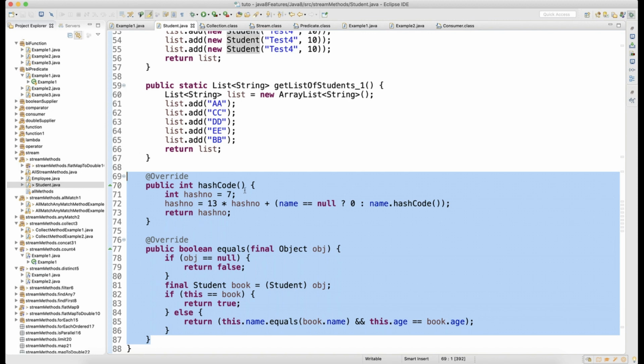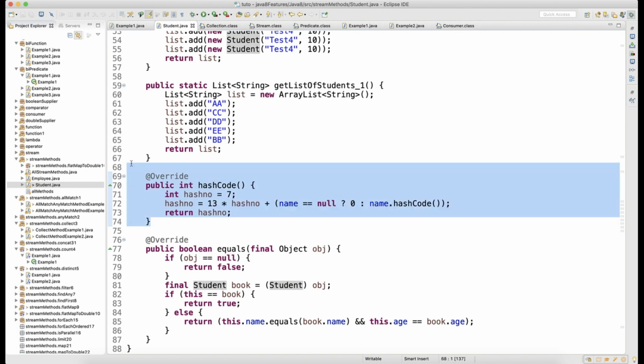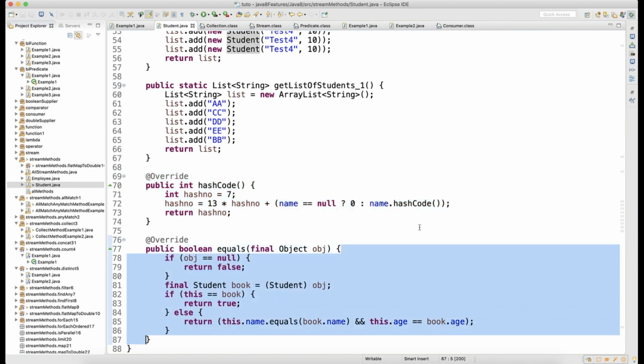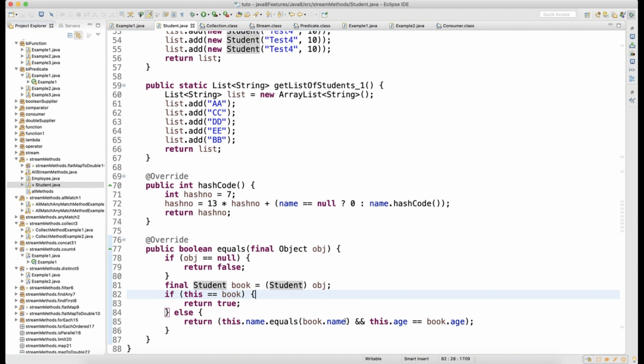So if you look at the hashCode, I am manipulating the hashCode, right? You can see that I am manipulating the hashCode and I am manipulating the equals also. In equals, what I am trying to do is check that if the name and age are equal, return true.